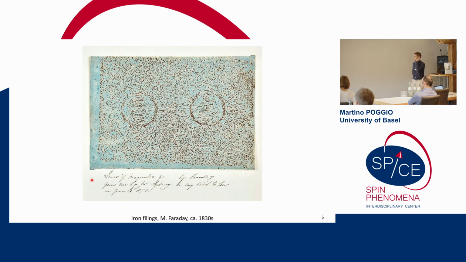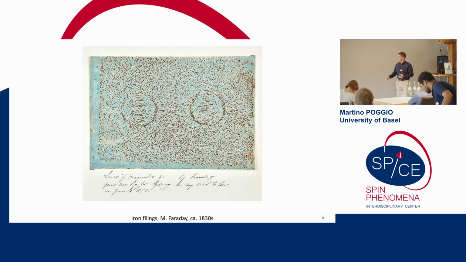I usually like to start talks by showing this image, which is something that maybe you've seen from your early bachelor's in physics 2 or something like this. This is an image made in the 1800s using iron filings of the stray magnetic field from some ferromagnets. I show it first of all because it shows the beauty of magnetic imaging, but also the idea here is that this contains a lot of information. There's a lot of information about the dipolar interaction between these magnetic fields, of course, about Maxwell's equations,